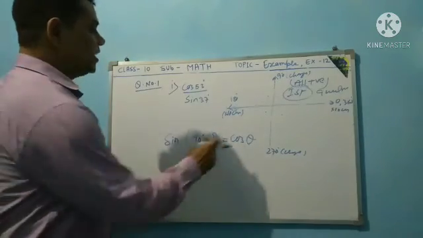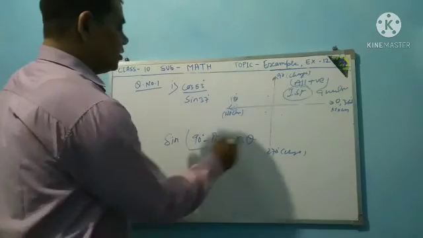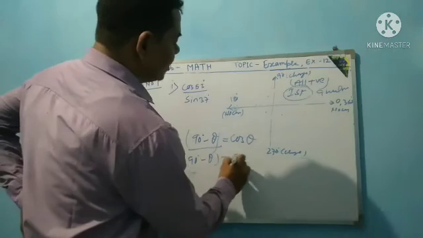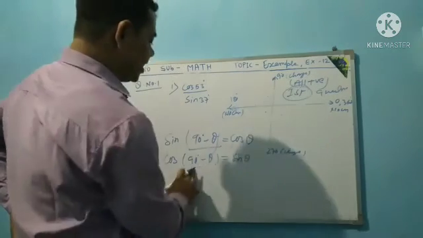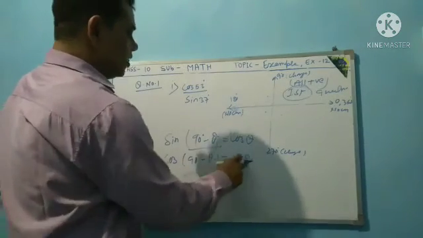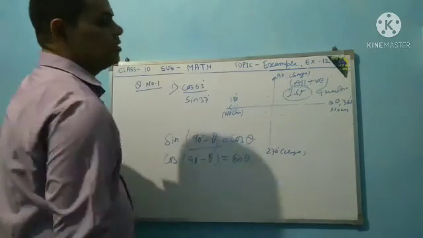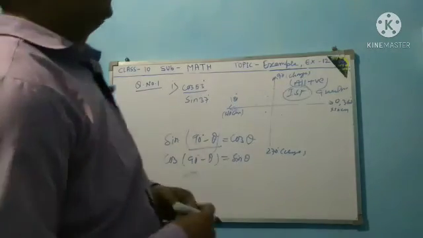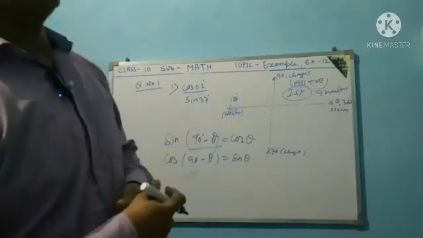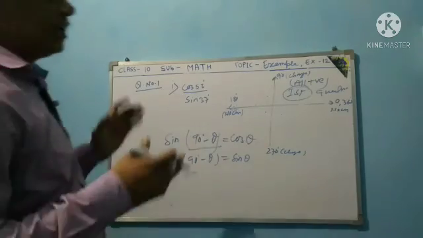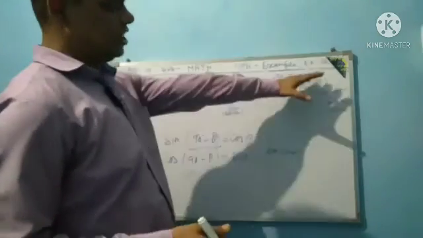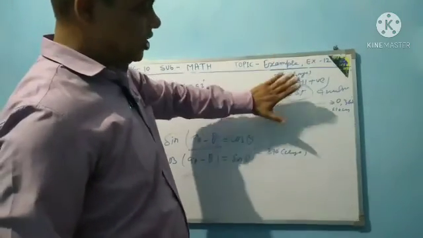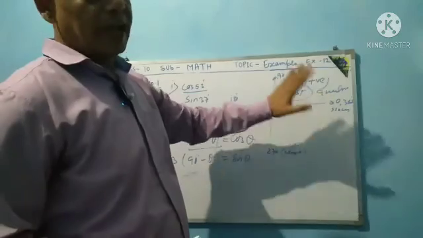Okay, so sin 90 degree minus theta is cos theta. Again cos 90 minus theta is sin theta, because at 90 degree cos changes to sin, with theta remaining theta. Similarly tan 90 minus theta is cot theta. Cosec 90 minus theta is sec theta. Sec 90 minus theta is cosec theta. So these types of changes in the first quadrant you study in this exercise.